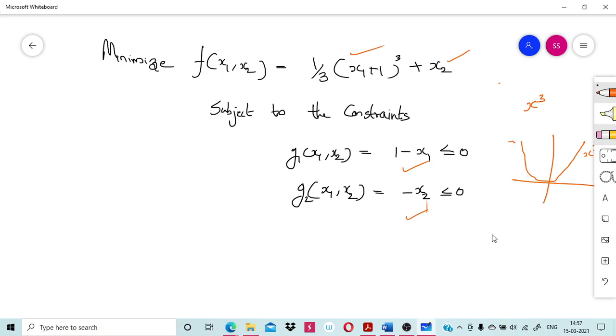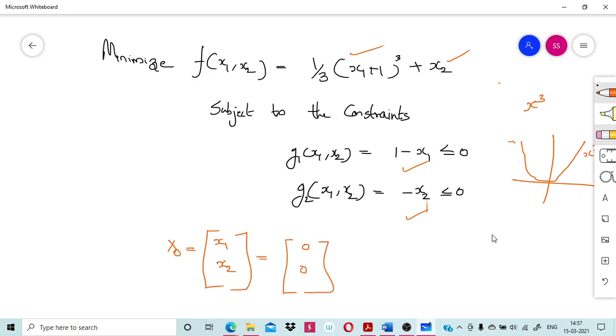So let me take the initial point, that is x0 equal to x1 x2 equal to